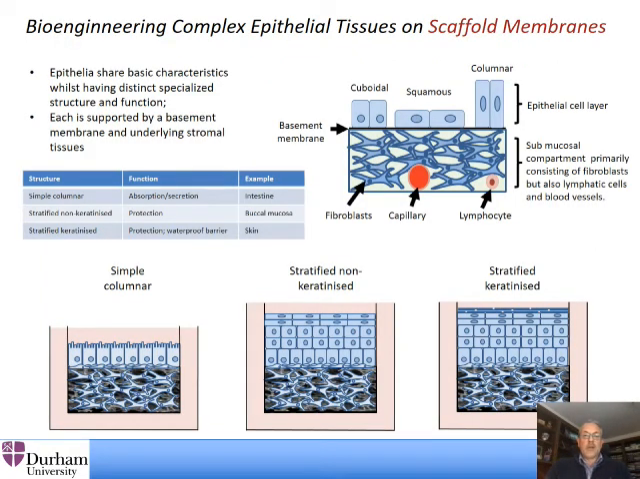So here we're looking at bioengineering complex epithelial tissues using this membrane technology. An epithelium is defined by a layer of cells sitting upon a basement membrane, and it's supported by its stromal tissues underneath. The epithelia in the body have different structures and functions depending upon their location and their purpose. For example, in the intestine we have a simple columnar epithelium suited for absorption and secretion, whereas the